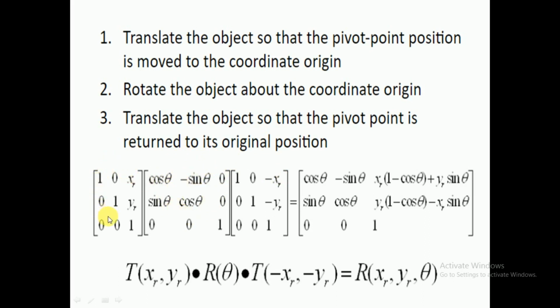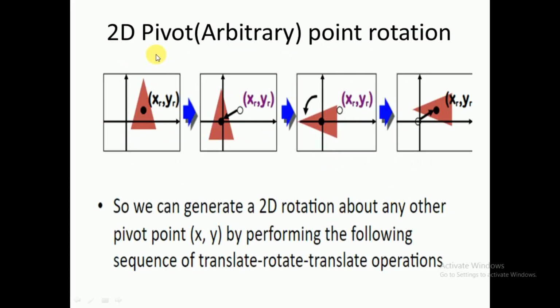Then afterwards again translated back. This is the matrix. Then start multiplying from this side. Multiply this matrix into this matrix, then you will get some resultant matrix. Then that result into this matrix, then you will get this result. This is the resultant matrix of rotation about a 2D point, about a 2D pivot point, or 2D arbitrary point